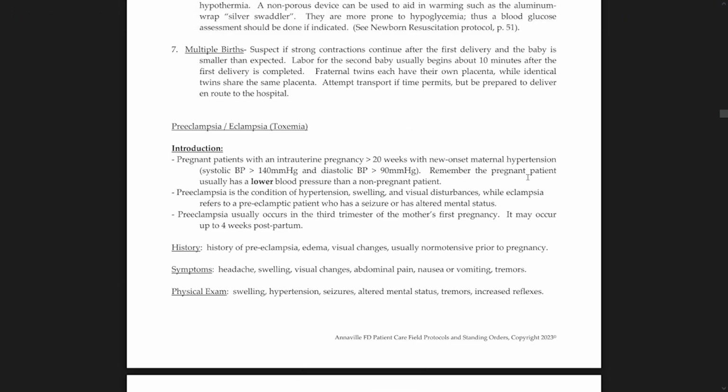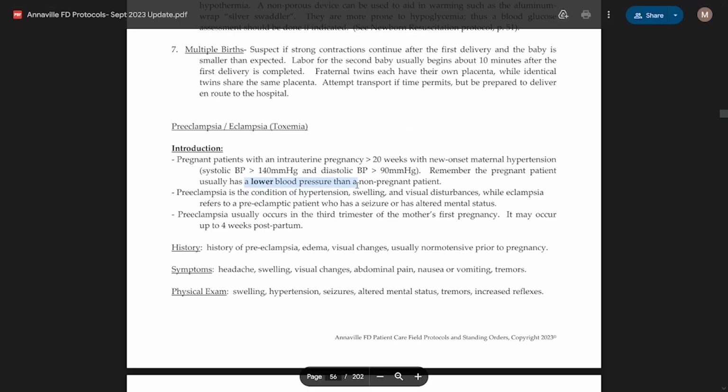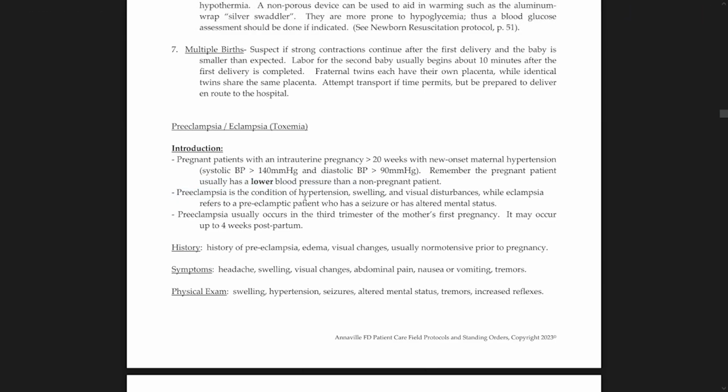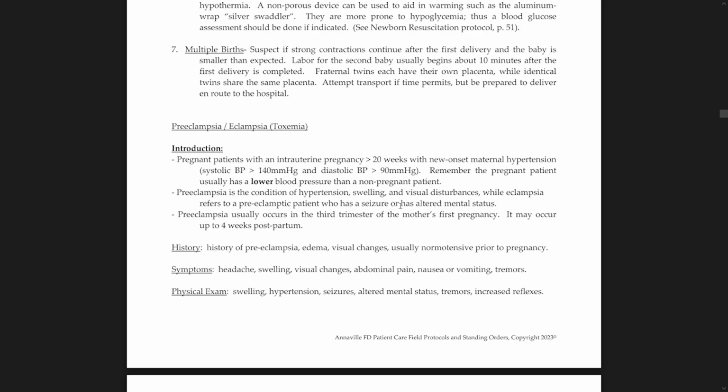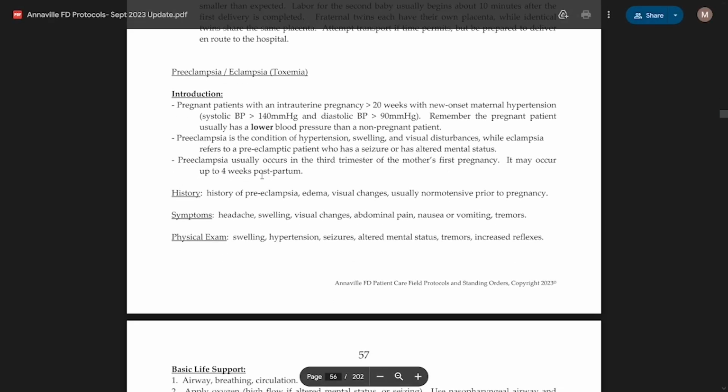Remember, the pregnant patient usually has a lower blood pressure than a non-pregnant patient. Preeclampsia is a condition of hypertension, swelling, and visual disturbances, while eclampsia refers to a preeclamptic patient who has had a seizure or has altered mental status. Preeclampsia patients usually occur in the third trimester of the mother's first pregnancy and may occur up to 4 weeks